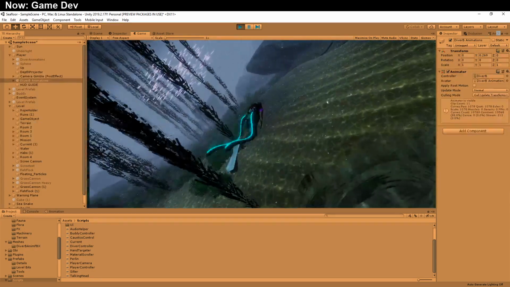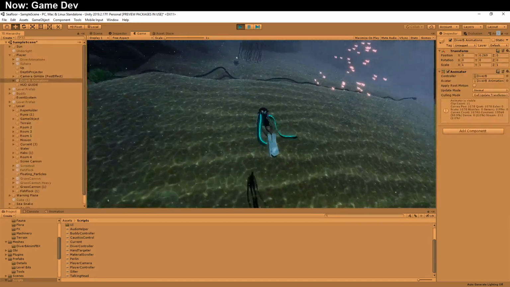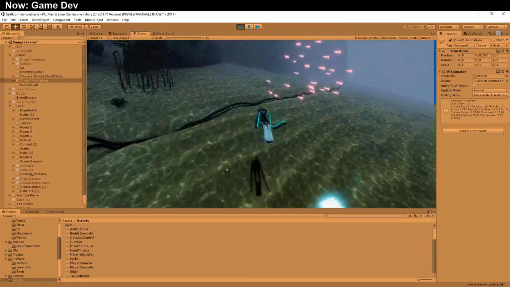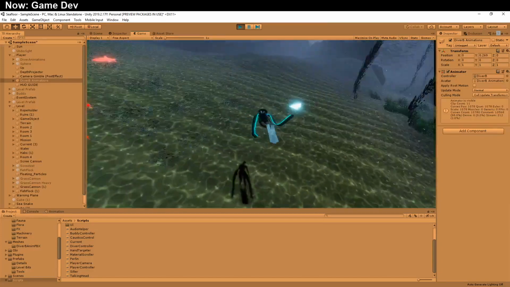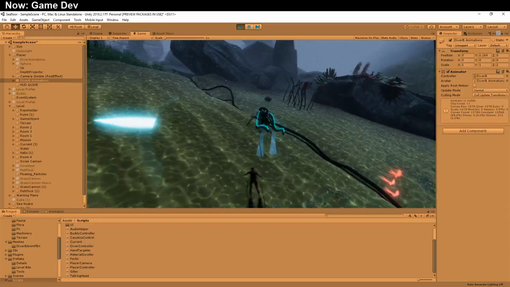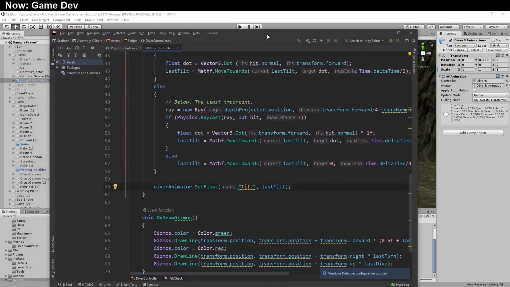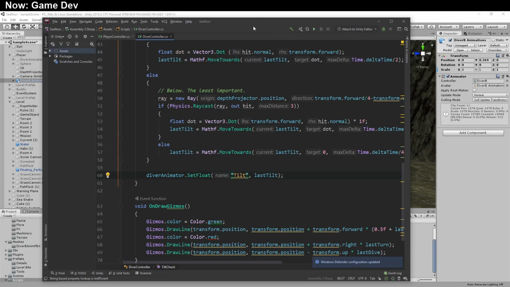So now what we're going to want to do is have the material get overridden with the diver's various values. Oh, that looks great. Okay, so the material has